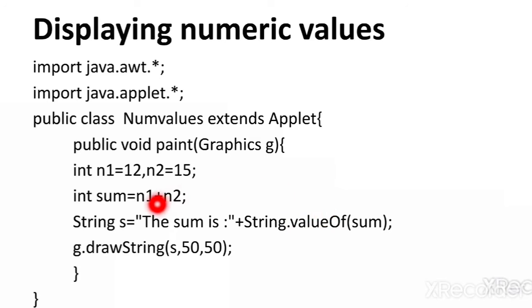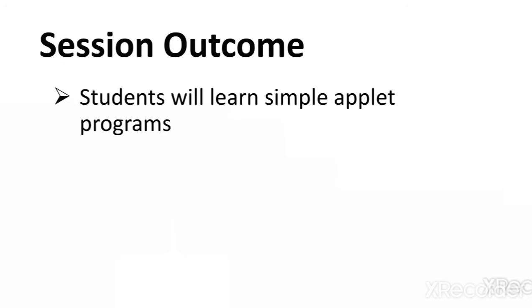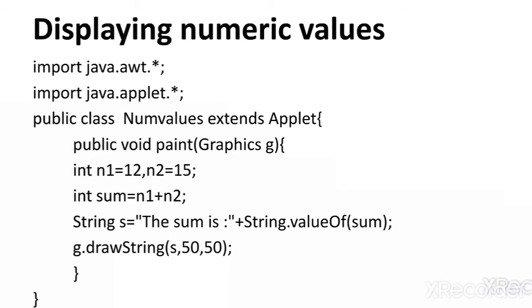To convert a numeric value to a string, we are using the valueOf method. So the valueOf method will convert the numeric value to the string type. Okay, we have discussed wrapper classes, and there we have discussed how to convert numeric values to string types. You have to follow this syntax. So you have to use this valueOf method to convert the numeric value. The numeric value which has to be converted should be passed as a parameter to this valueOf method, and this method will generate a string.